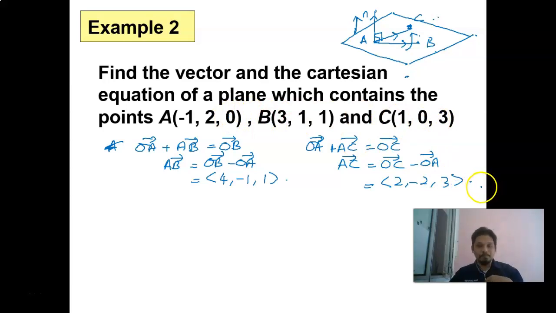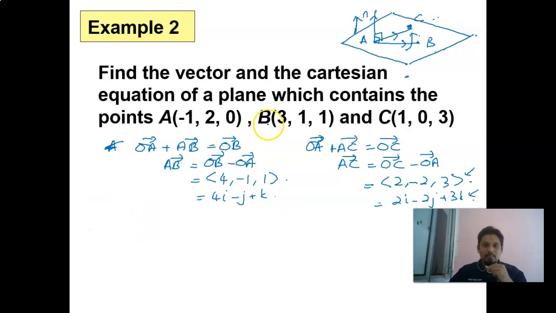So you may write this in this form, or actually that is 4i minus j plus k, or 2i minus 2j plus 3k. Either one, either this or this. It's all up to you then. Okay, now